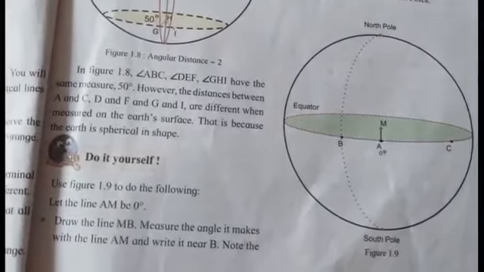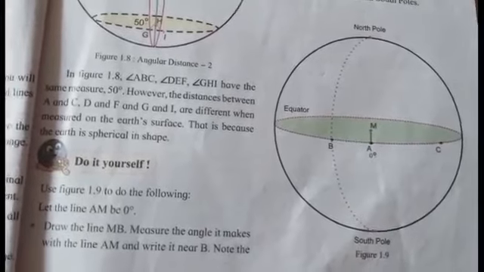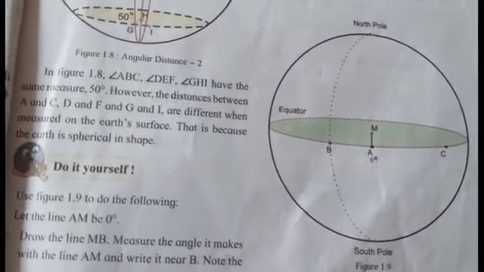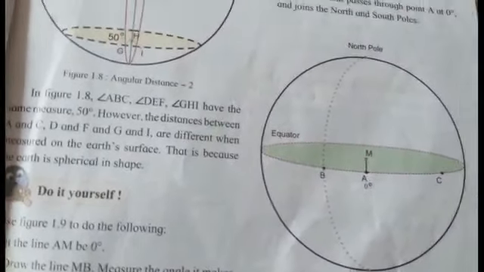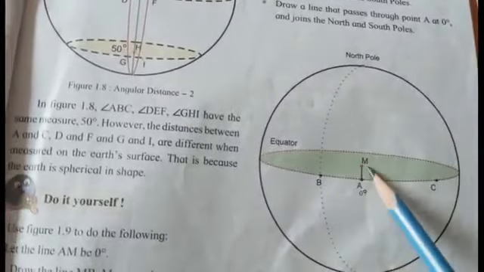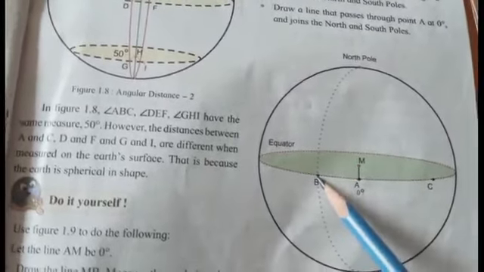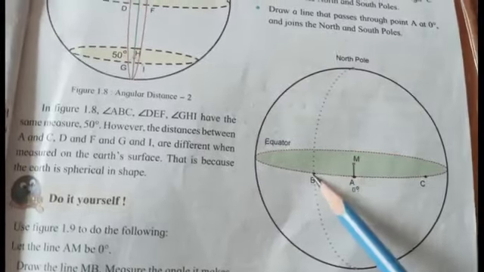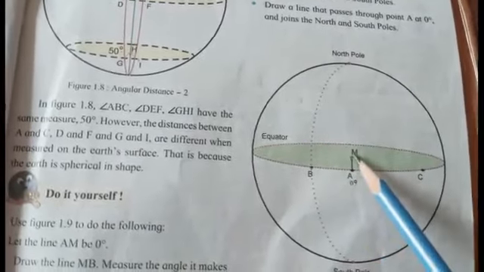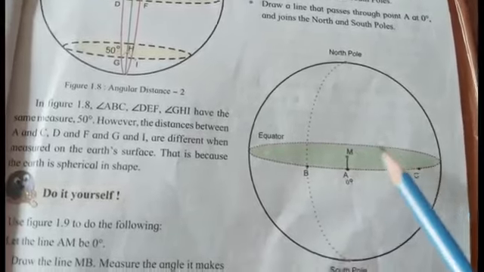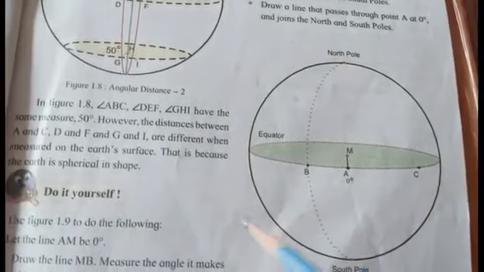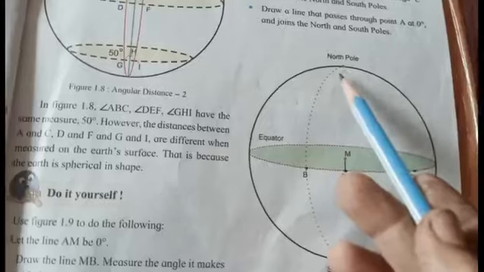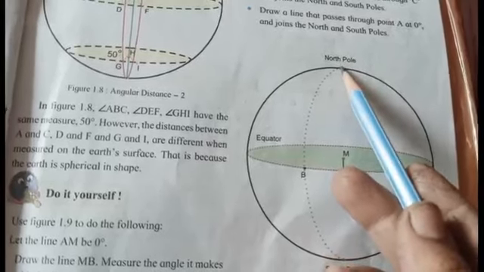Now, in figure 1.9, we have to do certain constructions. Here, we have to join a line from M to B, and measure the angle at M. And again, we have to join a line between M and C, and find out what angle it forms. Then we have to draw a semicircle